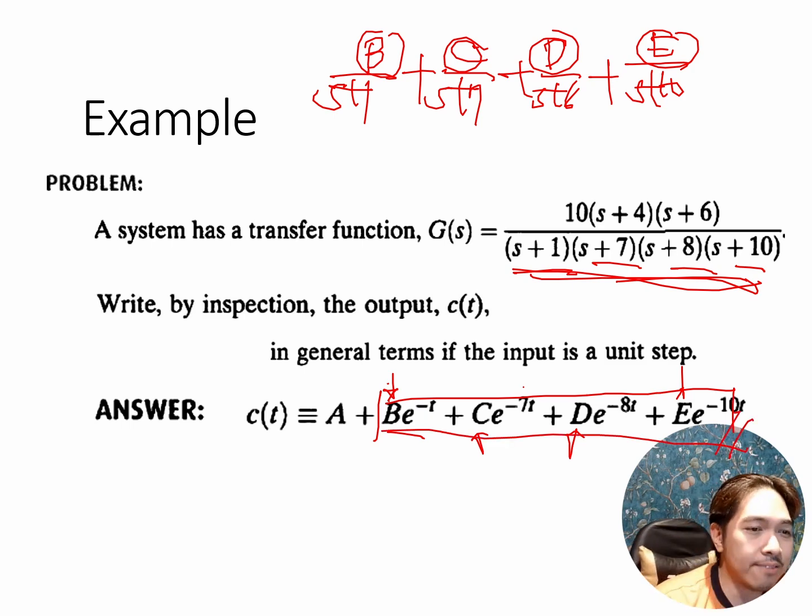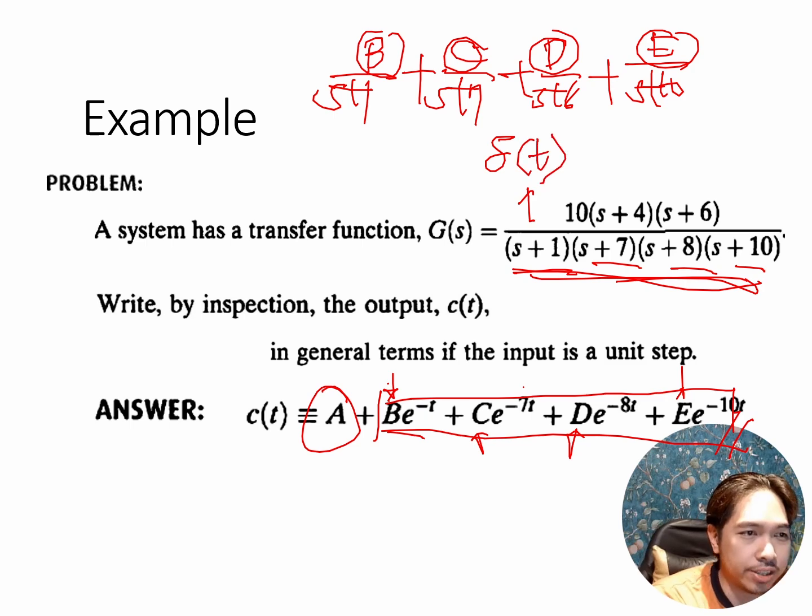Okay. So once we have the natural response, we can have our forced response A. For that case, we have a hidden coefficient 1, which is the Dirac delta function delta t, which is equal to 1. So our A there is 1. So that would be a forced response of 1 plus this whole natural response.